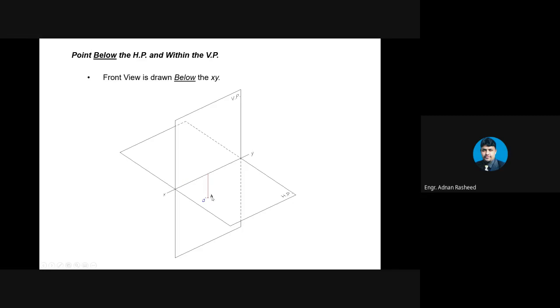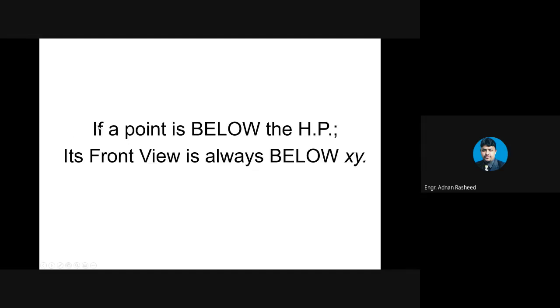The sixth scenario is the point is below the horizontal plane. You can see this point is below the horizontal plane and within the vertical plane. So this point is in vertical plane and below the horizontal plane. So in this scenario, again, the frontal view will be the same point and it is represented with A dash. And this frontal view is below the XY line. So we will draw a conclusion that if a point is below the horizontal plane, its front view is always